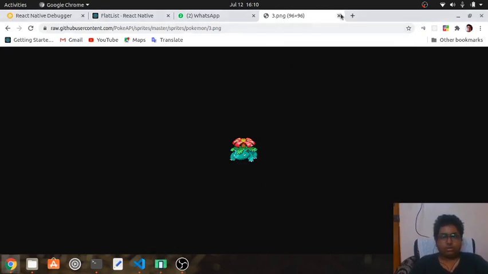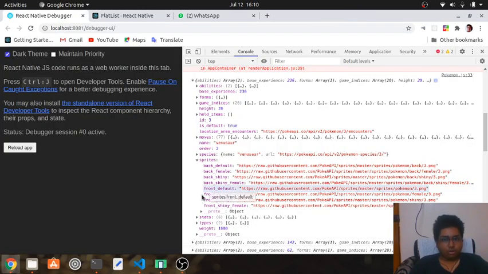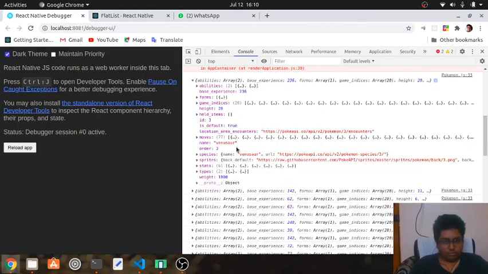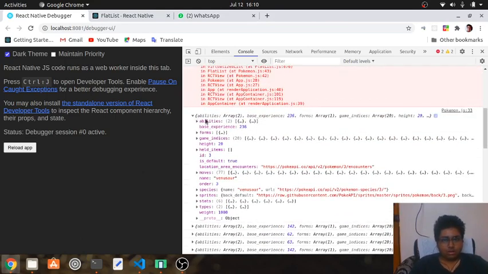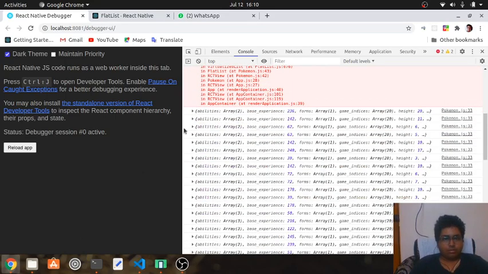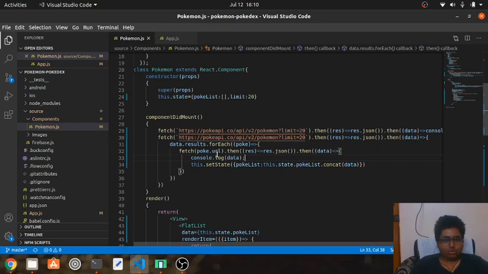So this is the image that I've used to show the Pokemons, and the name I've taken from species.name. Fine, so this is what gets returned when I'm console logging the data.